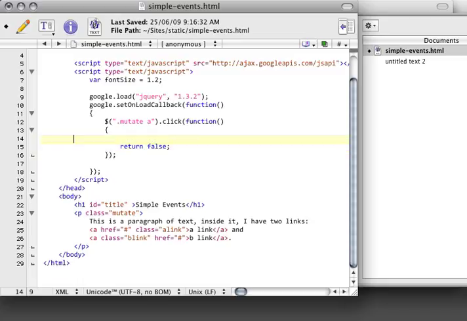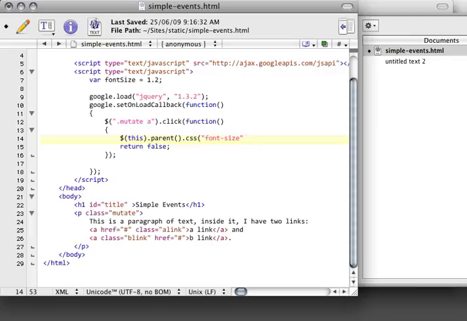So just like we did this and we did this text, we can actually traverse the DOM. In other words, we can travel around our document object model using jQuery. So instead I'm going to say this.parent. In other words, if I'm in the hyperlink tag, I want to go up to its parent, which is .mutate. And I'm just going to traverse. So I'm going to start with this, and I'm going to go up to the parent, and then I'm going to change the CSS by saying that I want the font size